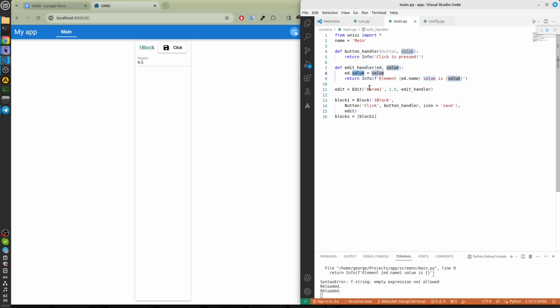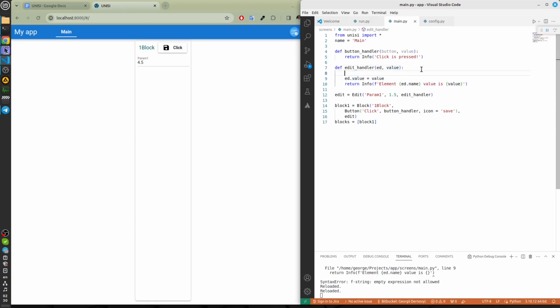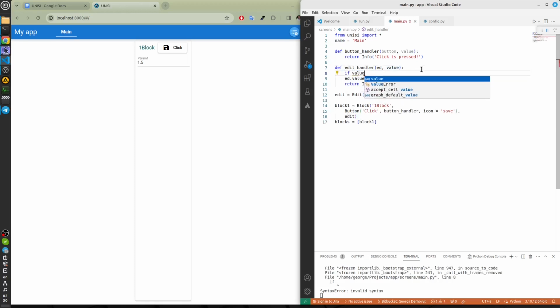Let's see how to do it. Let's assume that the value 4 is not allowed for some reason. In this case, we write, if value is equal to 4.